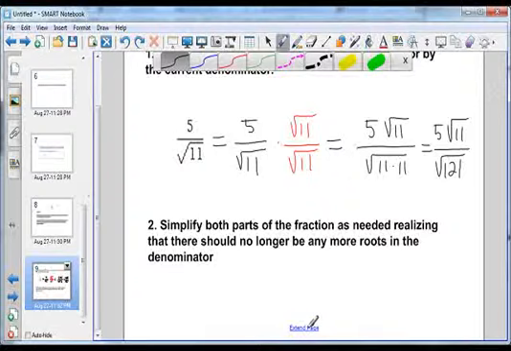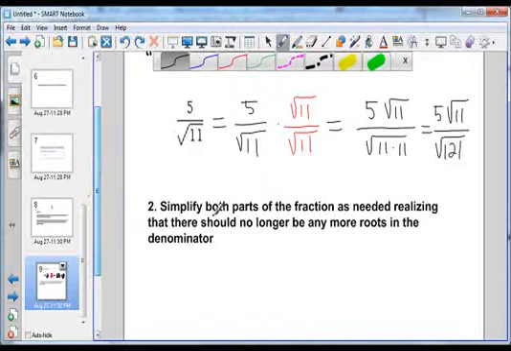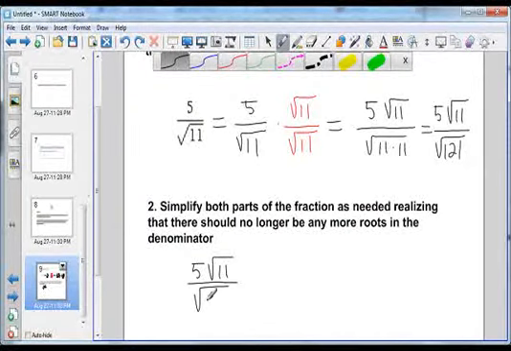The whole point of doing this is to remember that there should be no square roots in the denominator. So 5 square root of 11 over the square root of 121, well, I'm going to leave the numerator alone, but the denominator is actually just 11, which is the